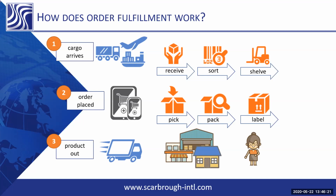And then it gets loaded into a queue to await the outbound transportation. If we're talking about something like a small parcel order, which is going directly to an end user, whether it's UPS, FedEx, DHL, USPS, which is the post office, a lot of times your goods will go directly into the truck upon its picking. Now there may be 1,000 other orders like that order going to different destinations, but you